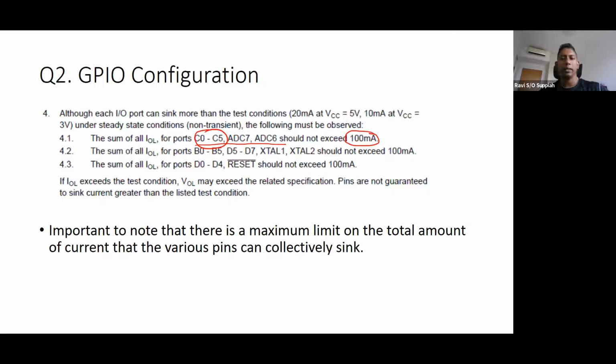Generally I would say that the limits given by the manufacturer are always very safe limits. That means they do factor in some buffer, but you should not think that because there is some buffer, you can push it a bit. Try to stick within the limits given by the manufacturer.